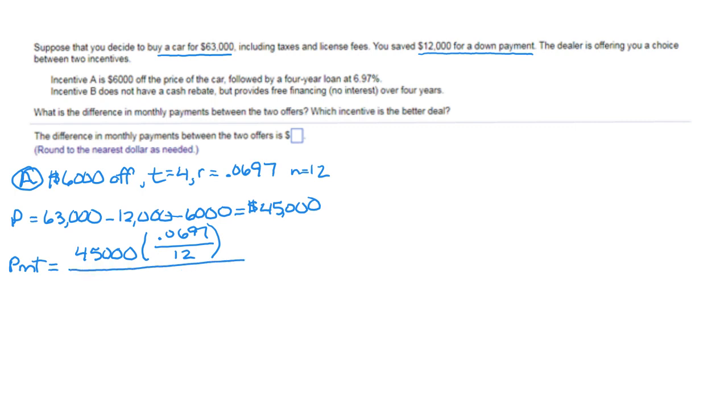Then we have our denominator, which is 1 minus parentheses 1 plus, and same fraction, close parentheses, raised to the, remember, negative nt, so negative 12 times 4. Right, this is a parentheses right here. Okay, so that's what it looks like, and that is what it should look like when you place it in your calculator. All right, so when we put this in our calculator, we are going to get, it looks like